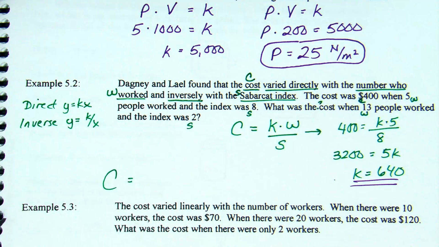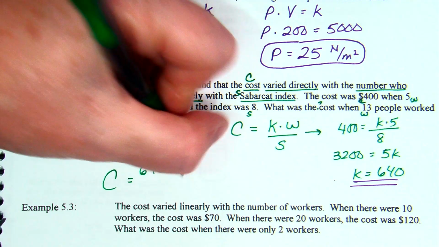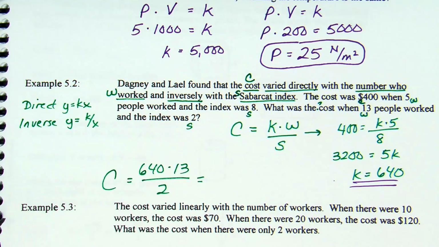C equals K times W over S. So K we came up with 640. 13 people worked and the index is 2. Do the math. And you get